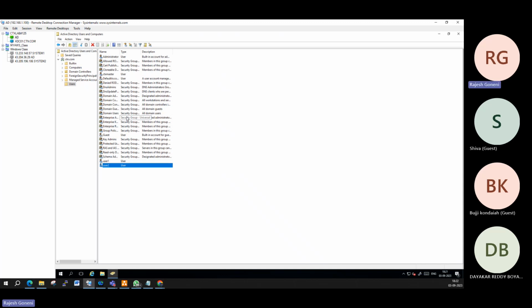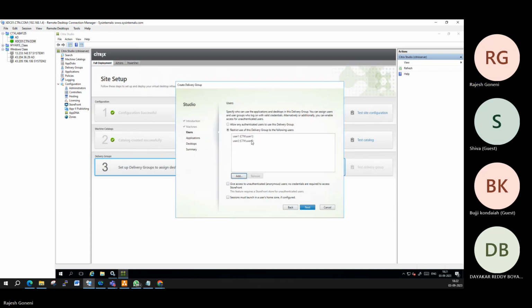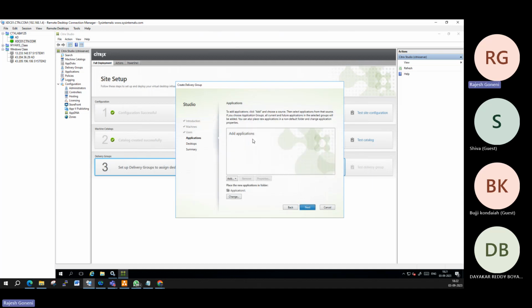Done. So like that, you can create multiple users. For your practice, you can create user 3, user 4, user 5, user 6, based on your convenience. Now the user 1 and user 2, I'm providing access to this application. And I'm going to deliver applications as well as the desktops. Currently I didn't install any application on the machine,